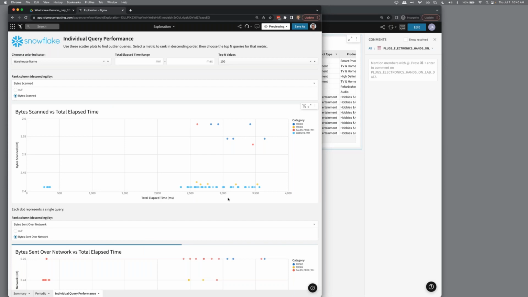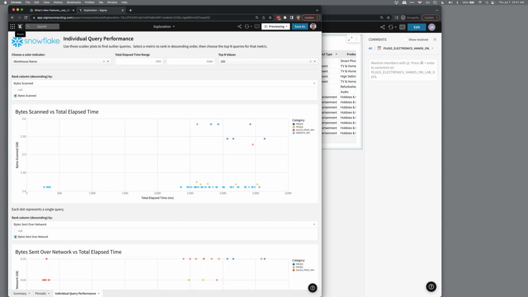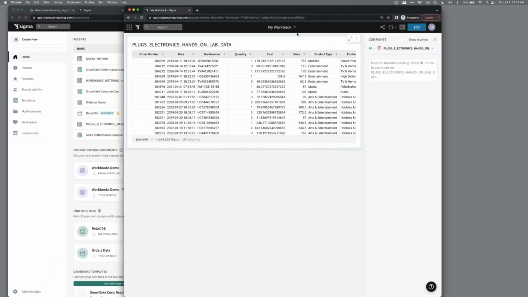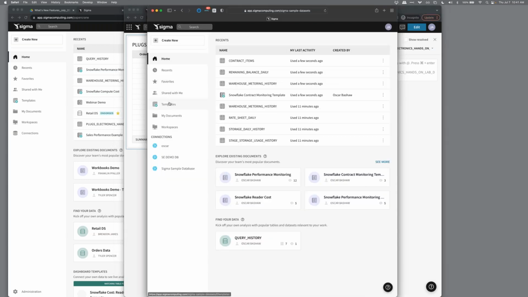And this is based on the individual query level. So you can even do, we'll show you scatter plots. So you can identify individual queries which may be taking longer than other ones. So really quite detailed. And the next thing I want to show you here is a sneak preview of what's